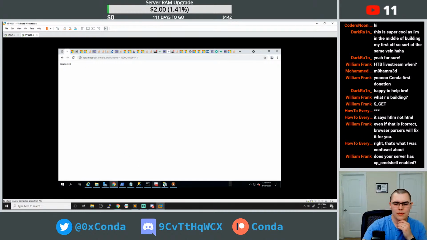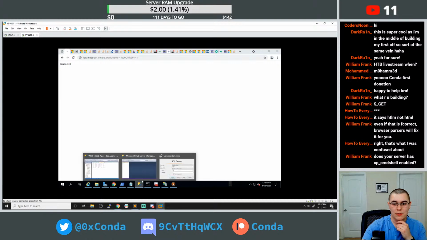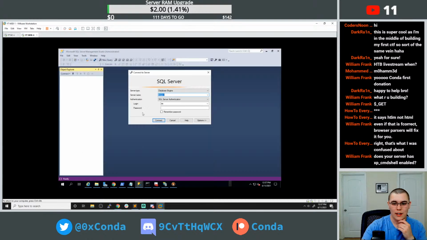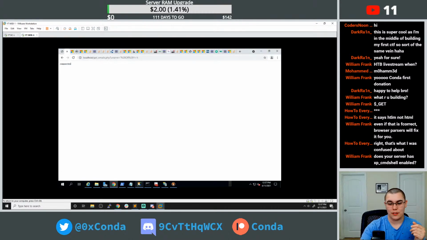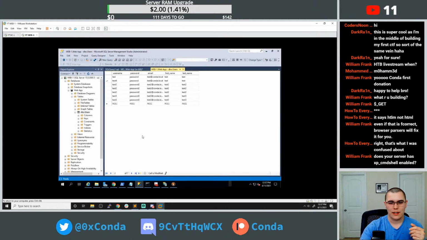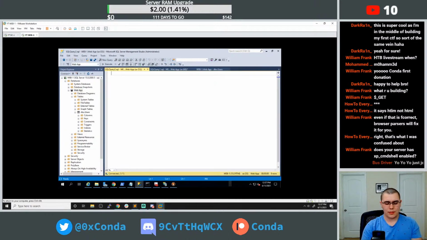So let's open up, well, a good way to test out SQL payloads is to go into your SQL Server Manager, and you can test your queries here if you know exactly how it's working, right? So if we just go to web apps and we do a new query, you can do something like select username and email from users, where